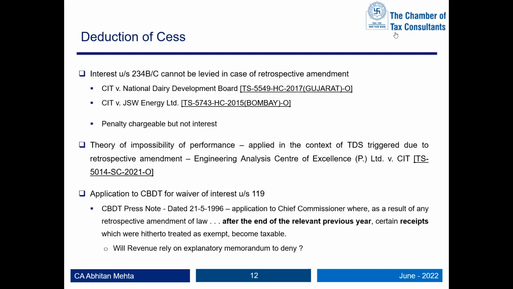The scope was increased. Whereas in this case, the question regarding the applicability of the retrospective amendment is whether this was existing after 2005 itself or not. Say we are in assessment year 17-18. In 17-18, what was the law? There was a debate whether this cess forms part of tax or not, allowable or disallowable under section 40. The court said it is not to be treated as a tax and should be allowed as a business deduction.